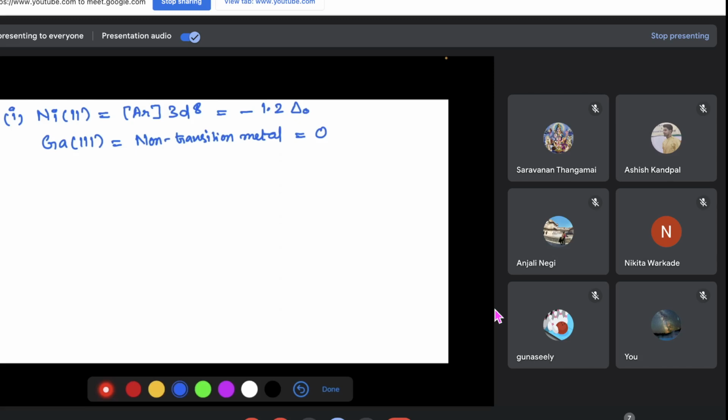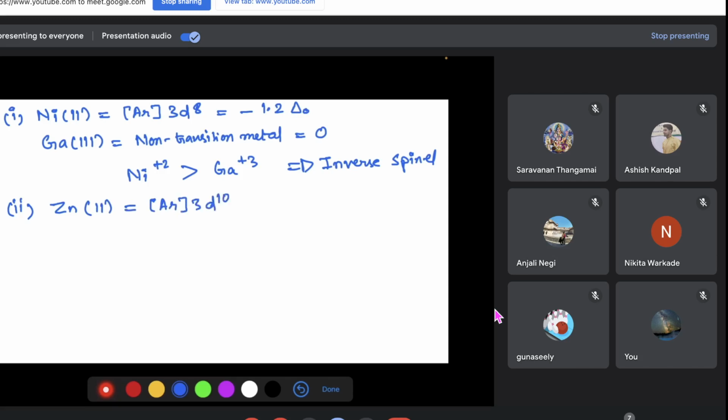Yeah, so we have nickel 2+ CFSE greater than gallium 3+, and this one belongs to our inverse spinel. Okay, but let's also have a look at other combinations like zinc 2+, whose electronic configuration is argon 3d10. It has a CFSE equal to 0,